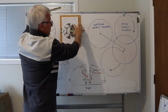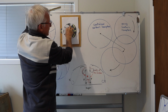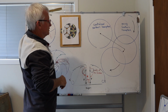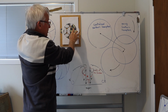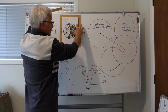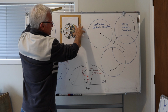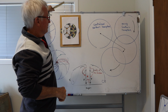So getting the alignment's tricky because this is way bigger. So you've got a bigger cog and a little cog in the centre here, and there's an alignment. This is why your scientists and all that, your spinning ballers, don't want to admit there's an alignment, or they don't see it because of the bigger picture out south as opposed to the smaller sliver in the north. So you get a little sliver of this northern image out in this widely projected image, trying to find the alignment. They don't know when to look, where to look. Anyway,